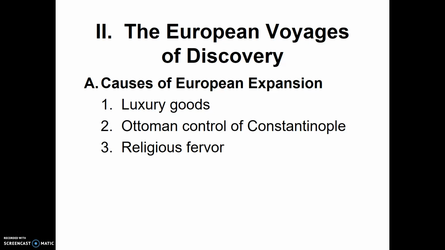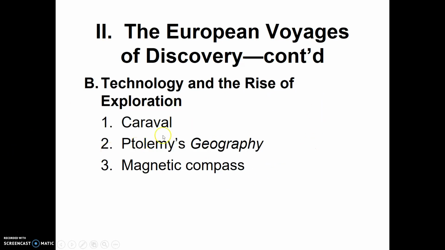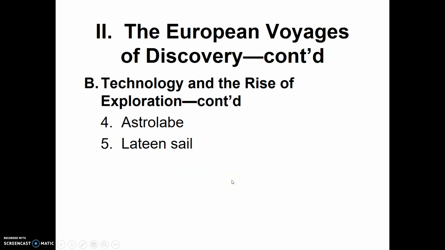So one of the things that the Europeans are going to take advantage of, as you get through this part of the chapter, you're going to see this shift a little bit towards education and technology. The Europeans are going to push the envelope. They're going to use all sorts of new technology, from better ships to better maps to compasses to astrolabes to lateen sails. All of these things you'll read about in this chapter help the Europeans really be able to sail